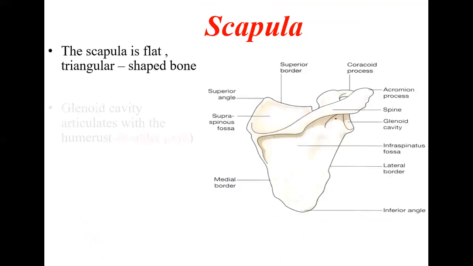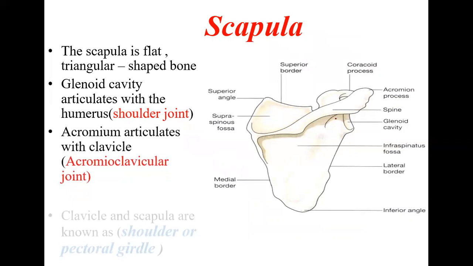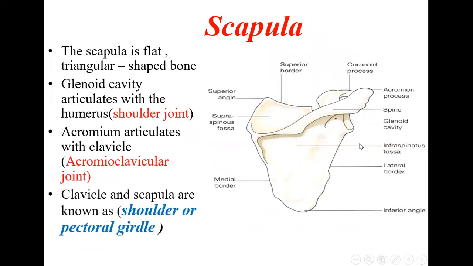Okay. Now going to the scapula further. As you see, it is a very flat bone, triangular in shape, with three borders, three angles, three fossae, and all those things. There is a glenoid cavity. As I said, at the lateral angle, there is a cavity, the glenoid cavity. It is a very important cavity because it articulates with a very important bone called the humerus.